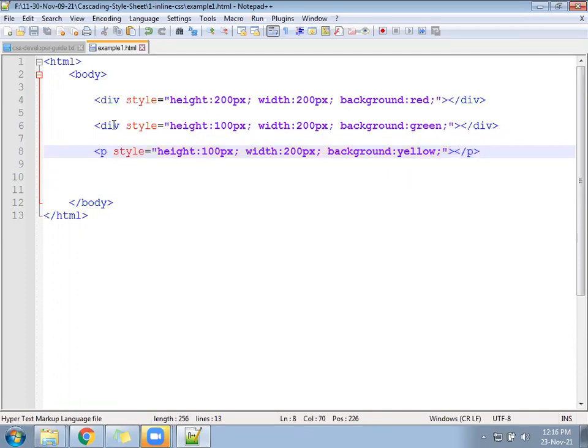Now save it and check once. Will the paragraph also appear in the same line or next line? Paragraph will not appear in the same line. It will go to the next line. Some gap is coming, that is because of margin. We have a property called margin with a paragraph by default. Because of that, the gap has come here.